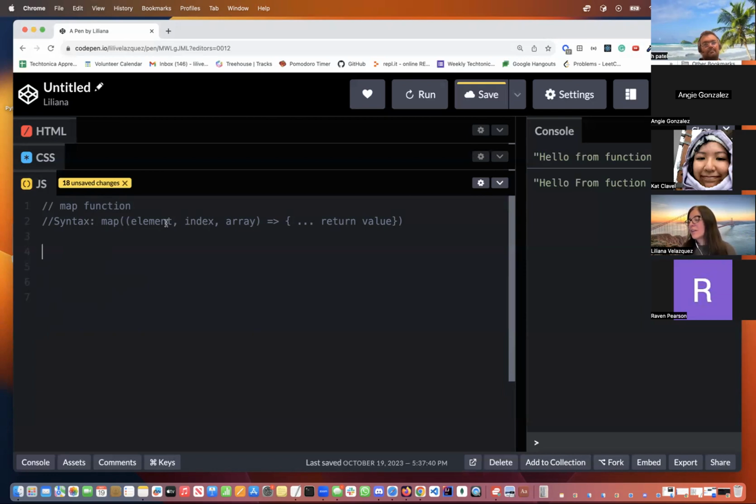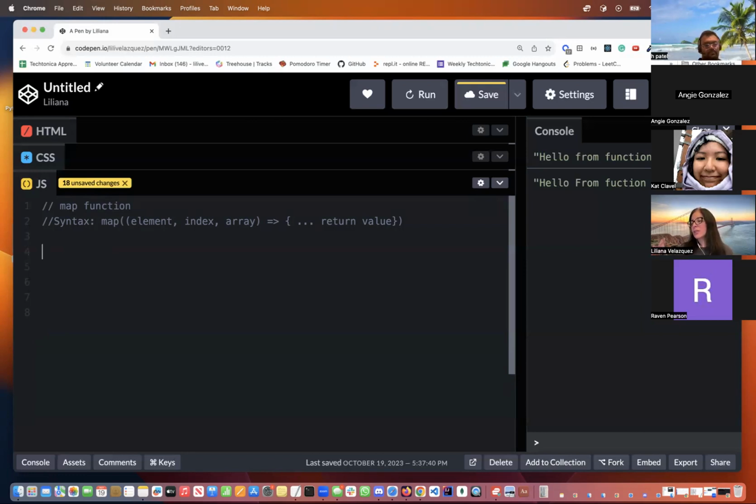I don't know if this is what the professor wanted me to cover, but I can quickly cover it if you want. Okay, cool. Sure. It's going to create a new array from the calling array,